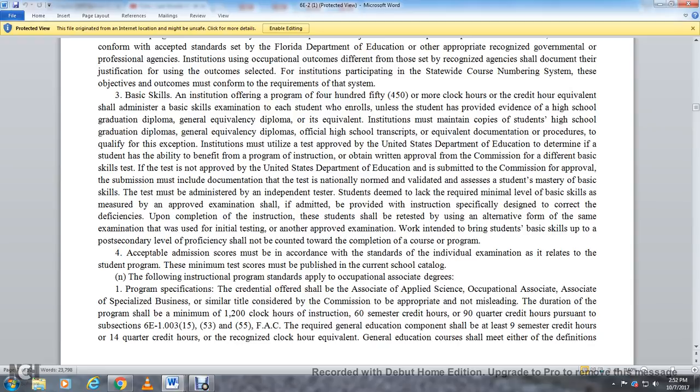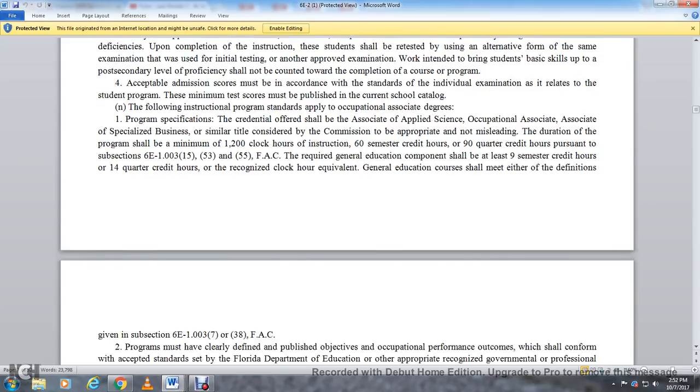The duration of the program shall be a minimum of 1,200 clock hours of instruction, 60 semester credit hours, or 90 quarter credit hours, pursuant to subsections 6E-1.003, 15, 53, and 55, Florida Administrative Code. The required general education component shall be at least 9 semester credit hours or 14 quarter credit hours, recognized for the clock hour equivalent. General education courses shall meet the definitions